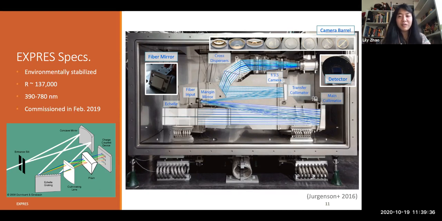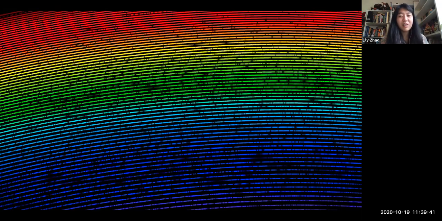And when you put all of this stuff together, what you get is an image that looks like this. So this is a raw image of 51 Peg taken by the EXPRES spectrograph, where each pixel has been colored by the wavelength that corresponds to that pixel. And so I do mostly show this picture to flex a little bit, but it also shows some important things that will be relevant later on.